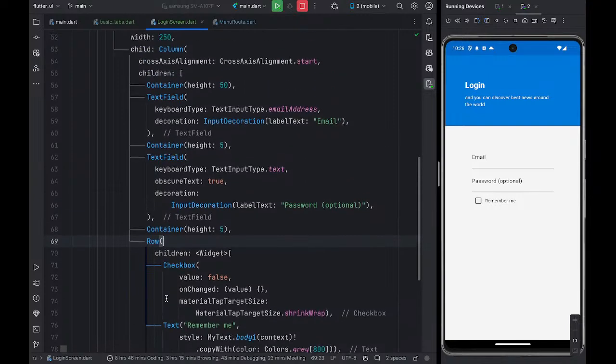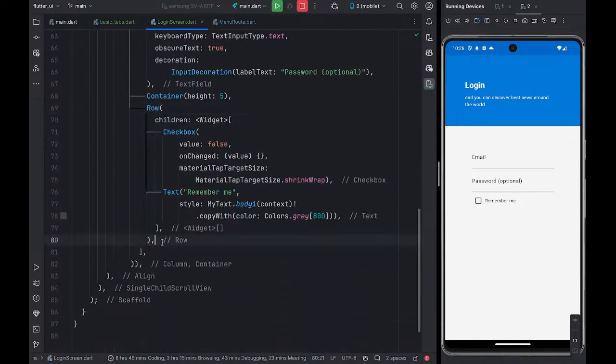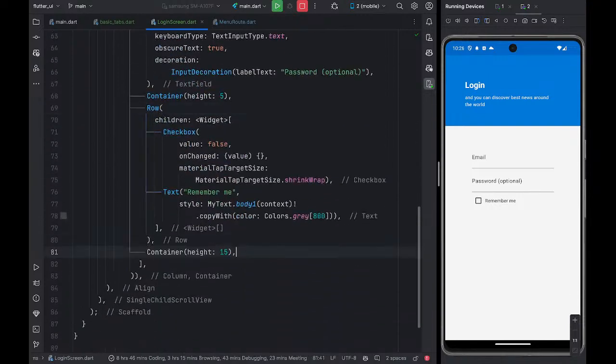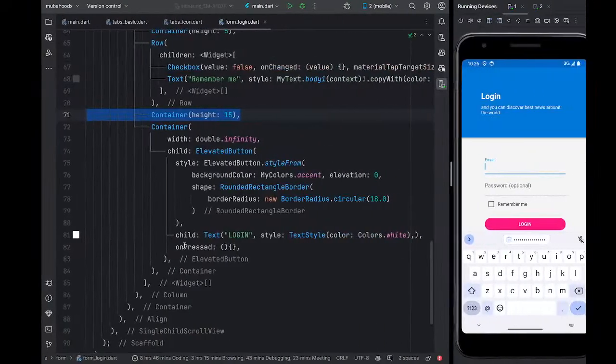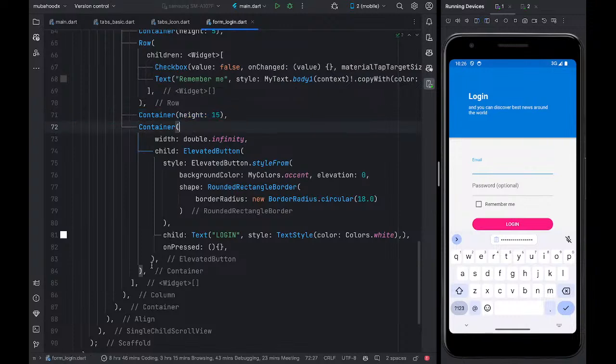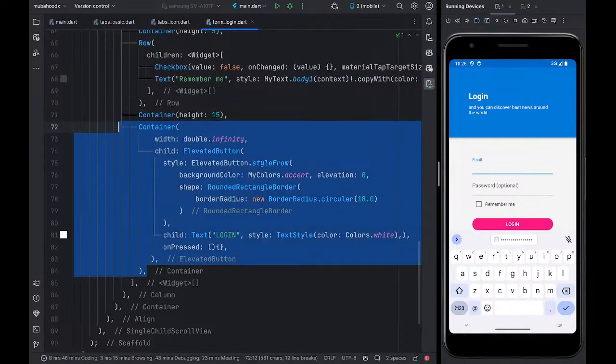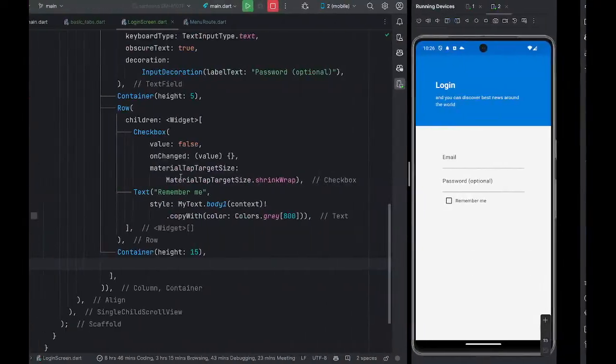So you can pause the video and see what I've just done right now, and then I'll go ahead and put here the height of 15, and then after putting the height of 15, I'm just going to put the elevated button, which is going to be the button of logging in. I believe everyone can do this. Okay,